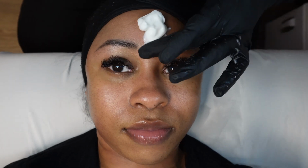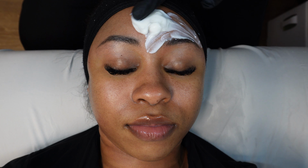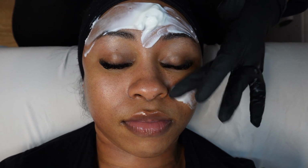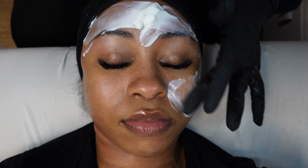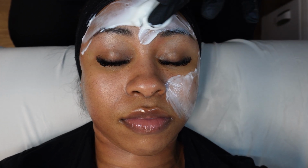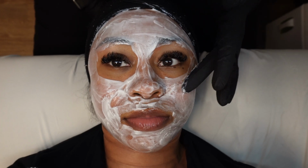So all right guys, we are getting right into it, and we're starting to prep my skin for microneedling. And if you are not familiar with microneedling, then I'll go ahead and tell you a little bit about it. Microneedling is definitely becoming one of my favorite skin treatments. Basically, they use sterilized needles. Everything is super clean, and basically it goes around, it pricks your skin, and while you're doing that, you're infusing